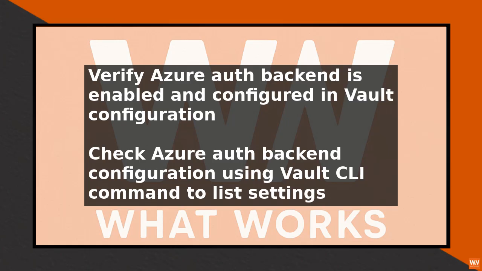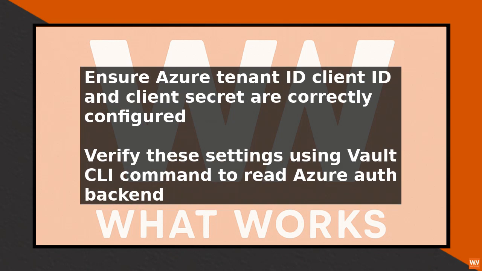Check the Vault configuration file or use the Vault CLI command to list all enabled Auth backends. Next, ensure the Azure Tenant ID, Client ID, and Client Secret are correctly configured in Vault. These values are used to authenticate with Azure Active Directory. You can verify these settings using the Vault CLI command to read the Azure Auth backend